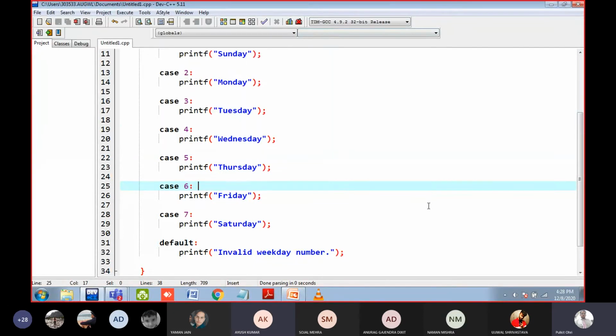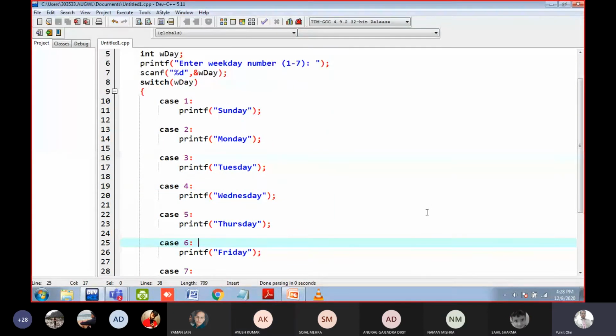Why? The thing is how case works. Case is not so much intelligent. I have told you that switch statement is similar to if else, but it is not 100% similar. For example, in the if, else if and else, only one will work, yes or no? If we are using the if, else if or else statements, only one will work. But this is not the case with the case statement.